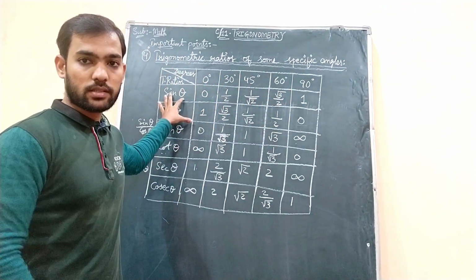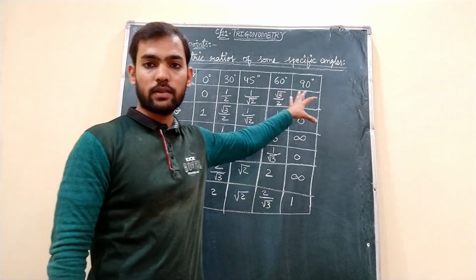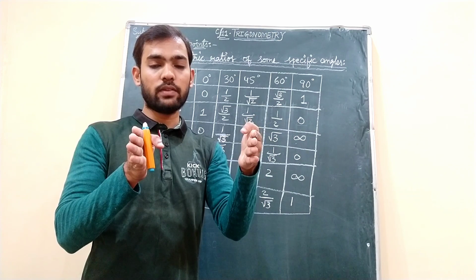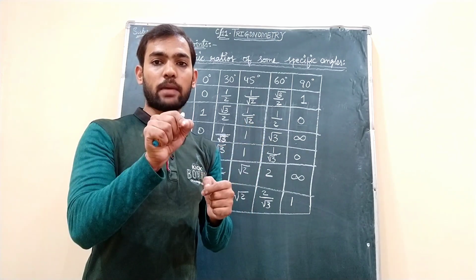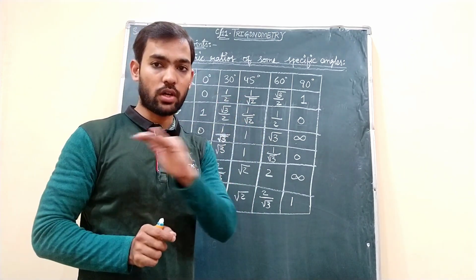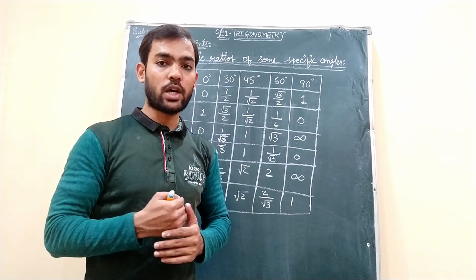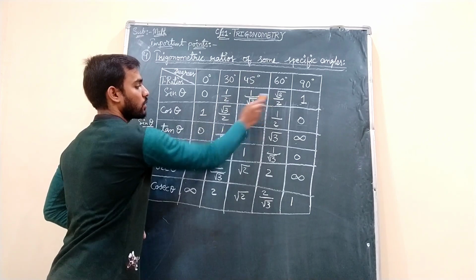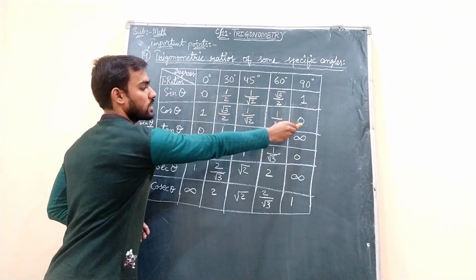For this, first sine theta, I told you to remember the values. What are the values? Starting value is 0, last one is 1, and in between three values what should you write? 1 by 2, 1 by root 2, root 3 by 2. So you got all the sine theta values. Then cos theta, how will you write? From the last value of sine theta you start writing: 1, root 3 by 2, 1 by root 2, 1 by 2, 0 you wrote.